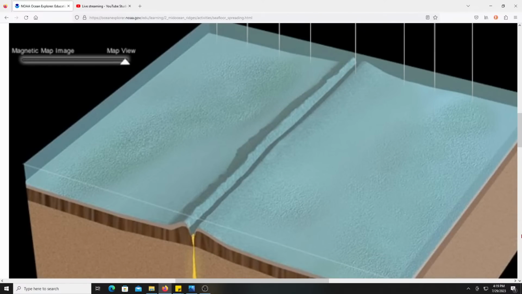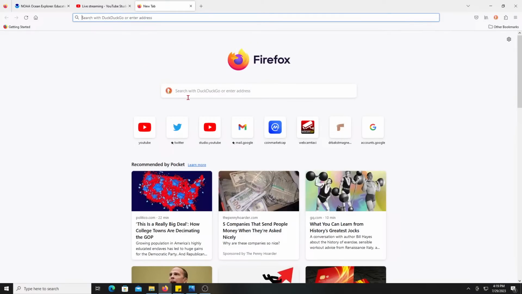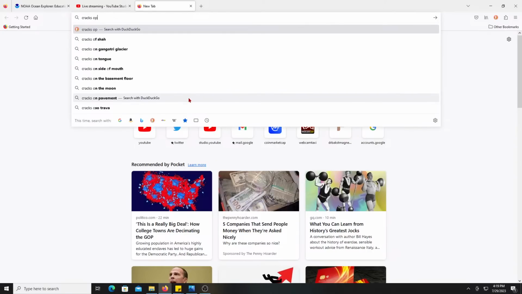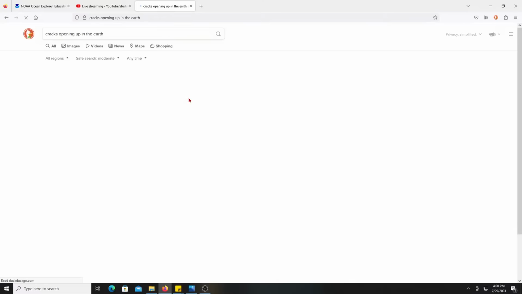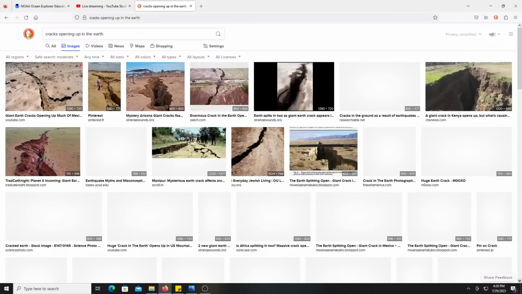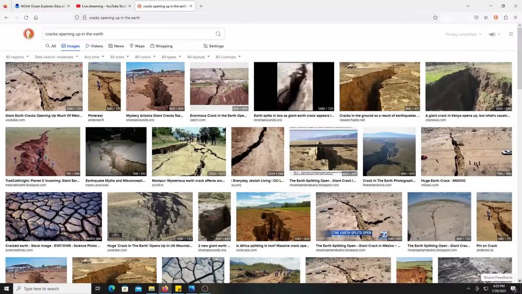Well, it is kind of interesting. I was going to type in cracks opening up in the Earth. They're widening is what's happening. If the ocean floor is doing it like this, perhaps, that's not good.